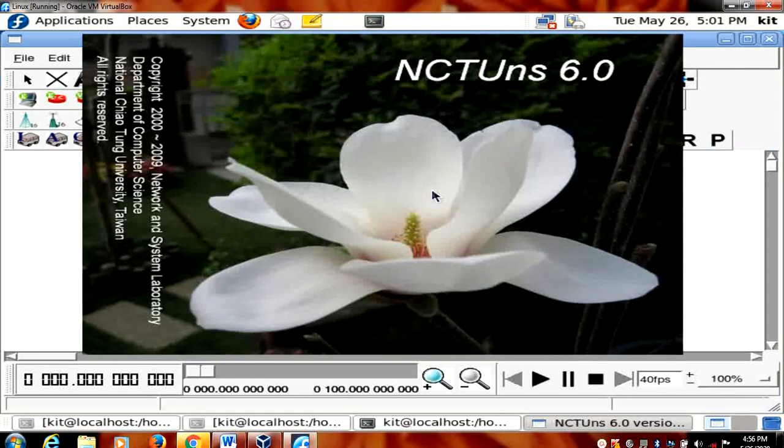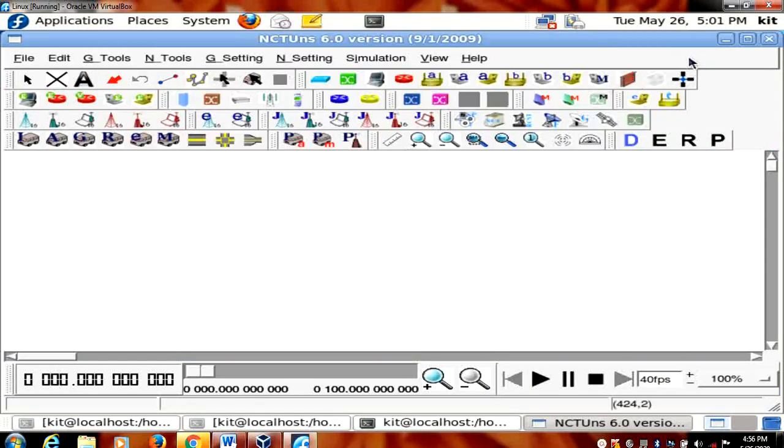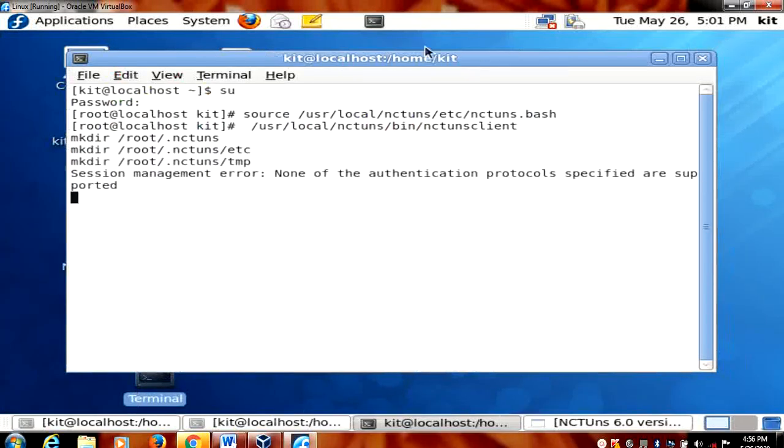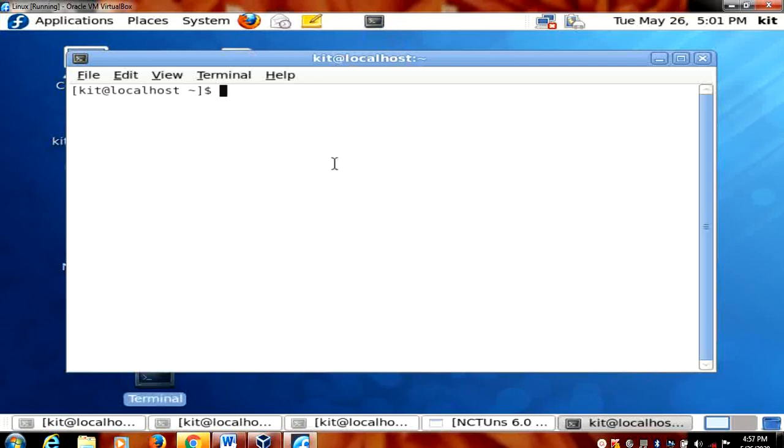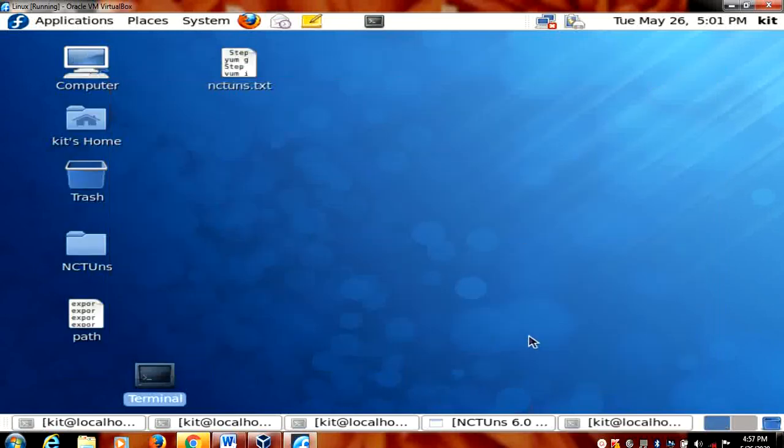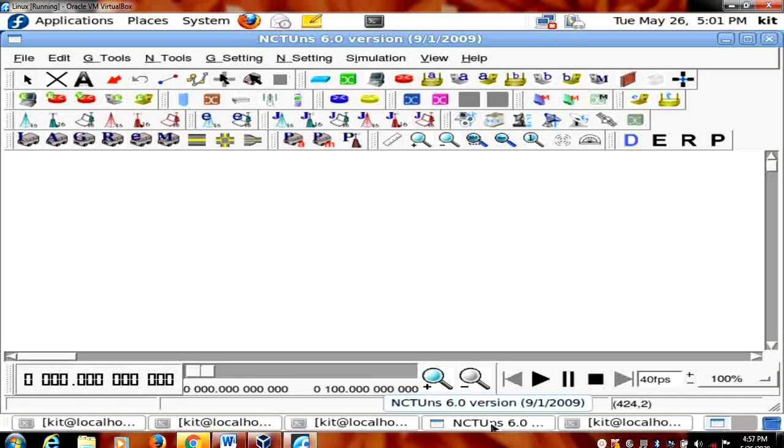So like this the main window is going to appear. So I minimize this. One more terminal I require for displaying the result. So again I will go SU enter, KIT123 enter. Here iptables space minus capital F. It will display the result figure. Okay, go for enter. Minimize this. Go for the main window of the NC tons.